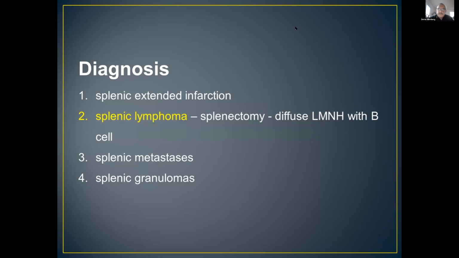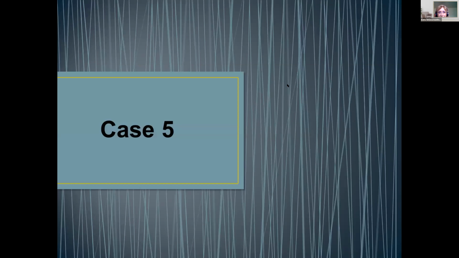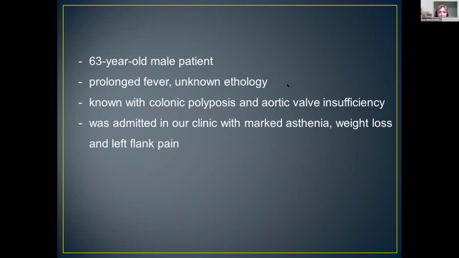Excuse the question. Is it possible that in B mode, the spleen is very homogeneous, you can't see a focal lesion, and if you use then contrast media, you see the lesions like in the liver? Or you haven't seen that? I think it's the next case. Okay. Yes. Oh, I have a problem with connection. No, it's not this case, it's the next case. This case is